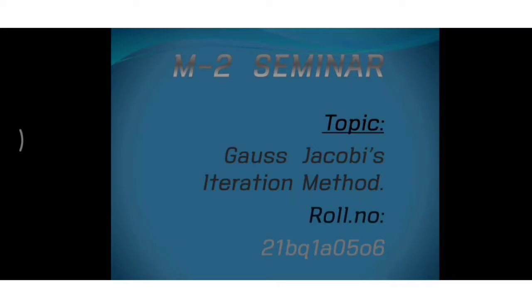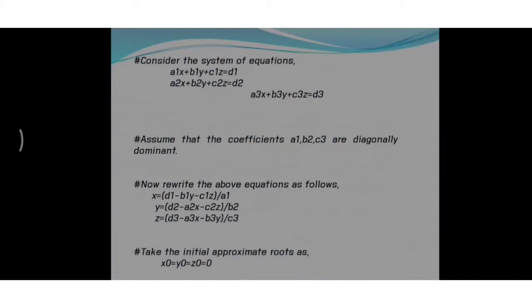Now I am going to explain about Gauss-Jacobi's iteration method. This method is useful to find the roots. Now consider the system of equations a1x plus b1y plus c1z is equal to d1, a2x plus b2y plus c2z